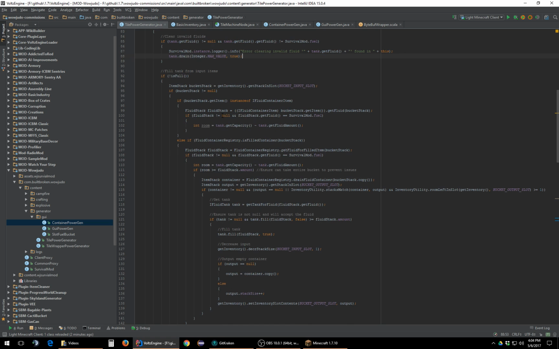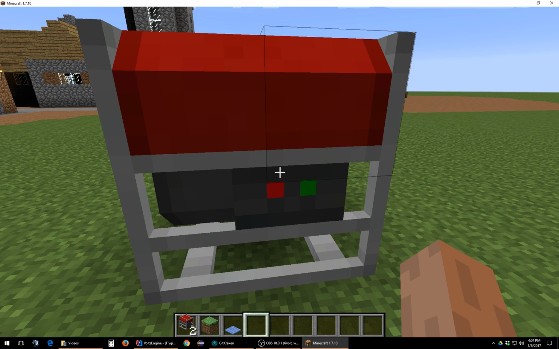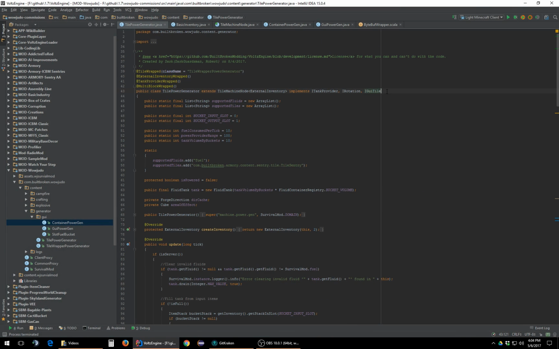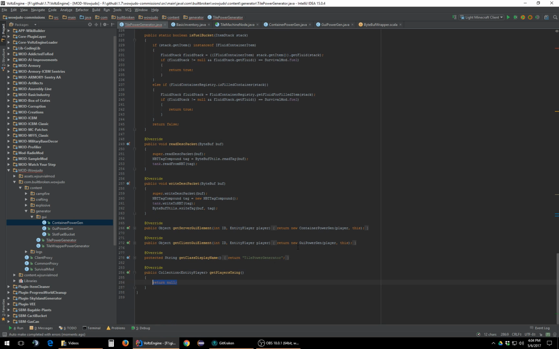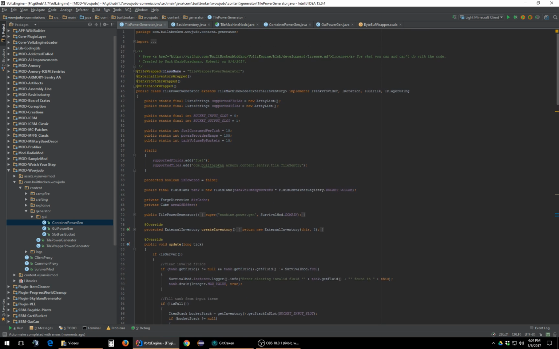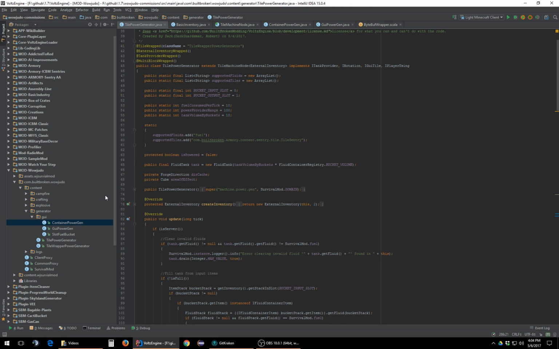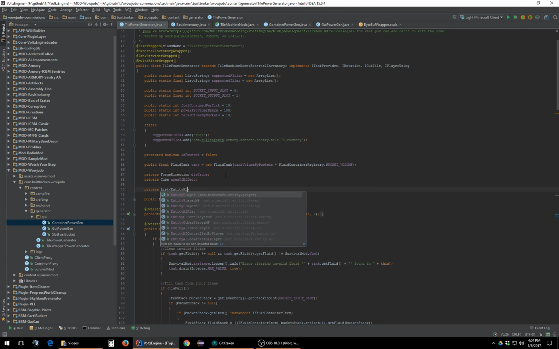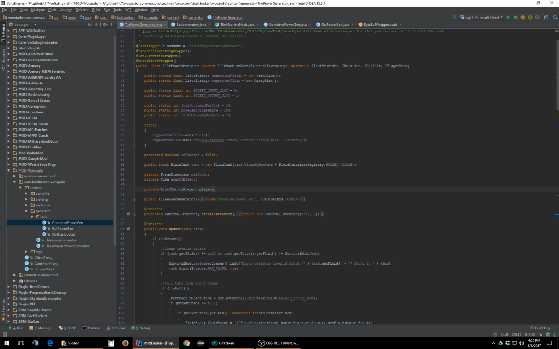So we know it consumes container stuff. I guess we could just do a description packet system real quick. We'll have to restart this real quick to do that, because I need to do IPlayerUsing. Implement methods, get players. The IPlayerUsing thing, by the way, you just literally got to store a list of people that are using the GUI, and we want to store that pretty much right here. So private list community player players new